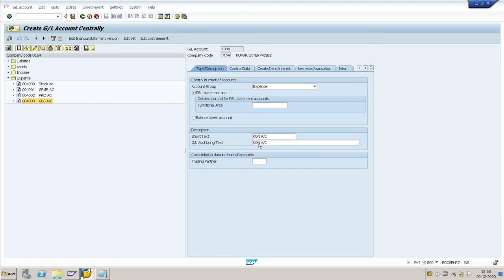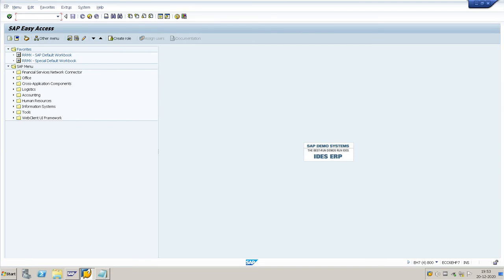Create a CON account. That CON account should be assigned to the account assignment category. The T code is OBYC.